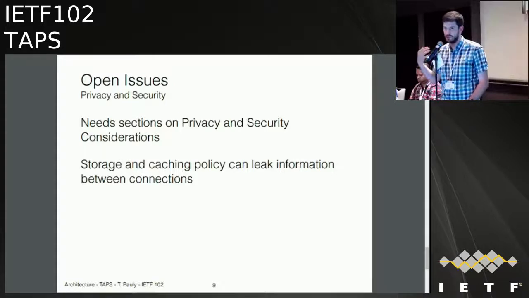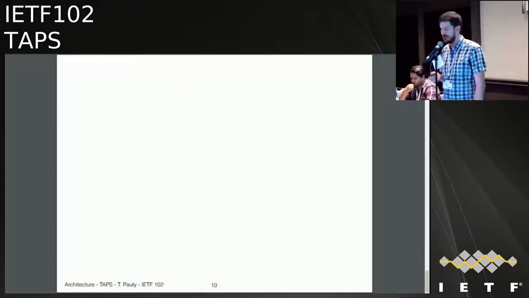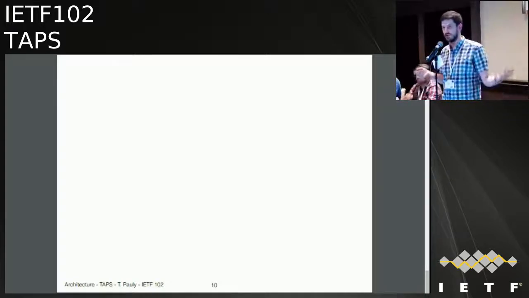So if this is all within one process space or within one system, we need to make sure that the data we're using to be smart about how we erase connections and resume connections is properly isolated. I think that's going to cover that. So that's all I have. If there are any questions about architecture,